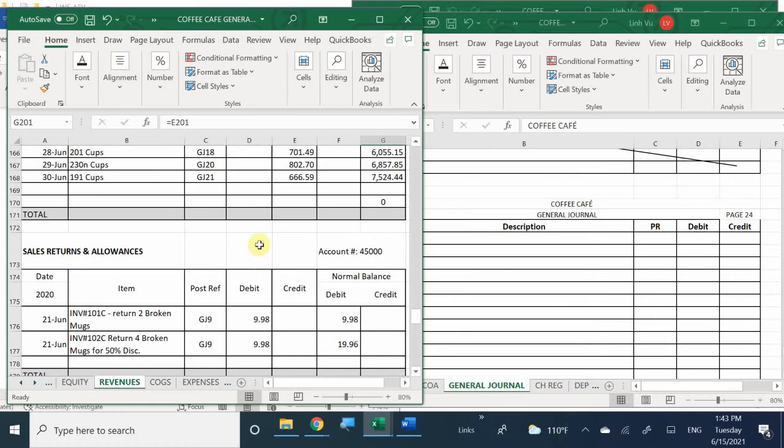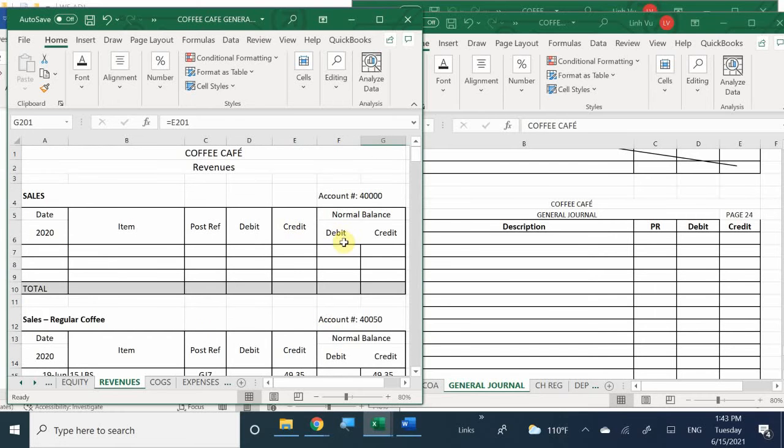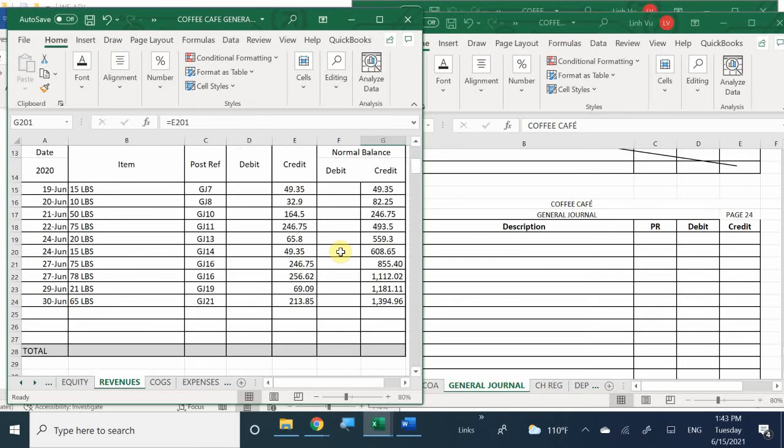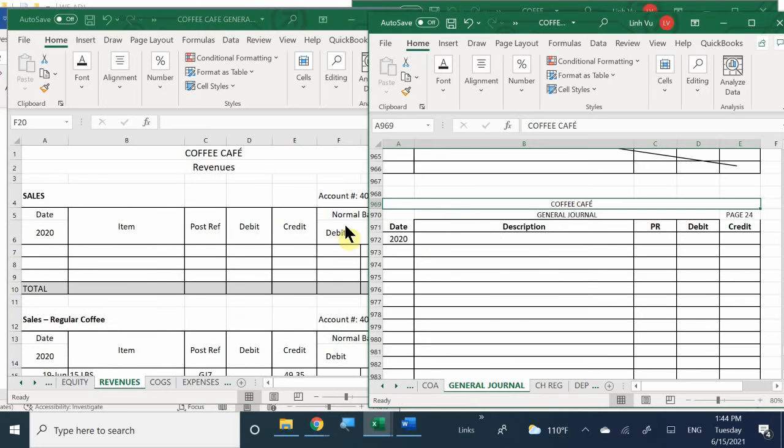But in this case, the majority of these items have a credit balance right now. So I'm going to go through each and every single account and zero them out. So for the very first account here that we have,